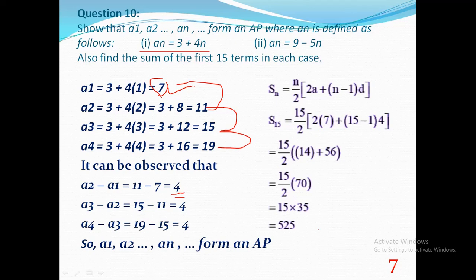I think I did the second question also. Let us see. All of you make a note of this one. You can take a screenshot also, and later on you can make a note, but noting in the book is very, very important. Shall I move on to the next question? Yes, sir.